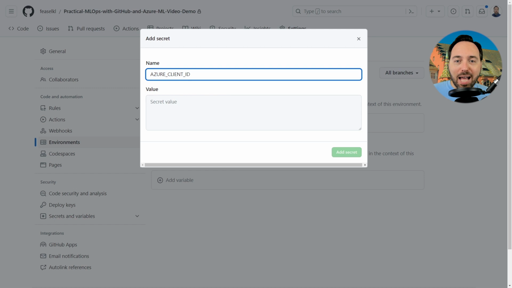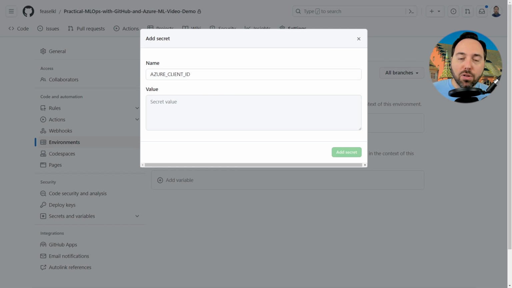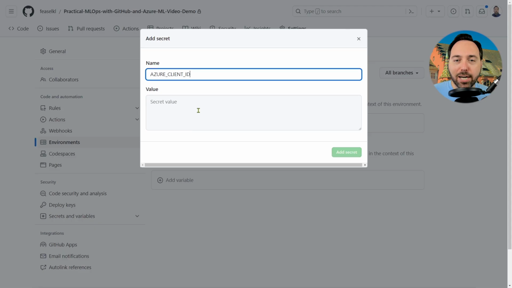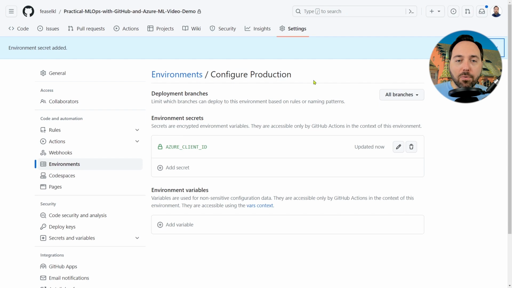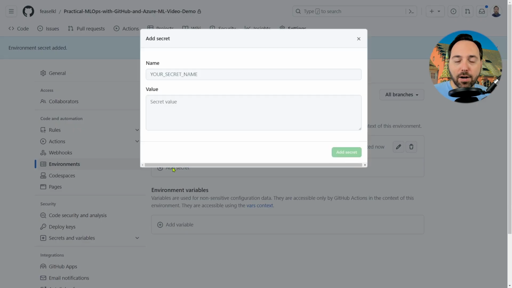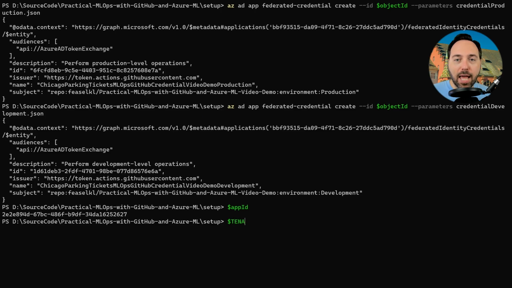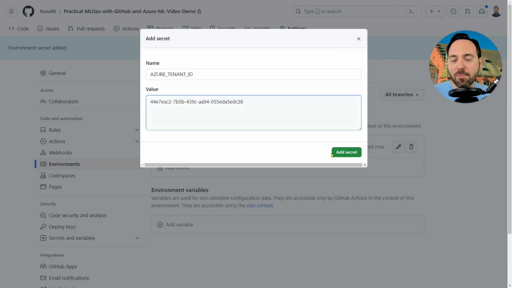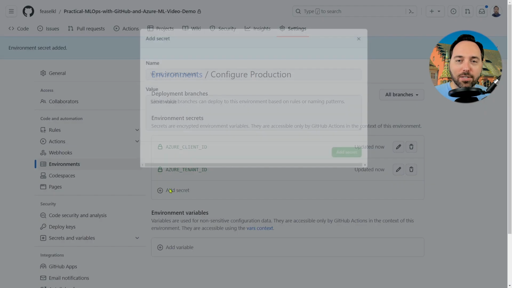Note that I'm just copying the GUID itself without any quotation marks or other characters. The second secret will be called AZURE_TENANT_ID and will contain the tenant ID variable from before. The final one is called AZURE_SUBSCRIPTION_ID and will contain the subscription ID, but I'll leave that last one as an exercise for the viewer so that I'm not pasting my subscription ID on screen here.